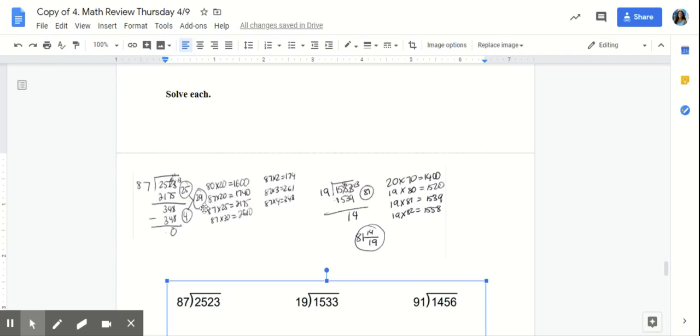So I knew that 87 times 20 was 1,740. And then I have 87 times 25, which is 2,175. And then 87 times 30 equals 2,610. So I was able to already estimate around how many groups